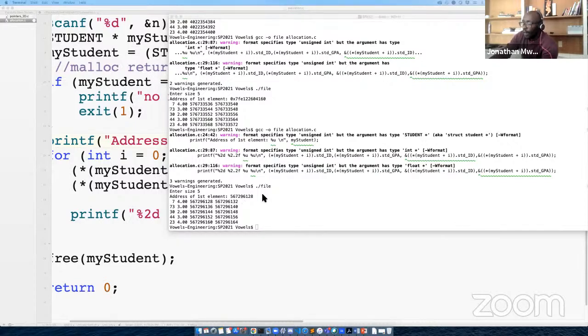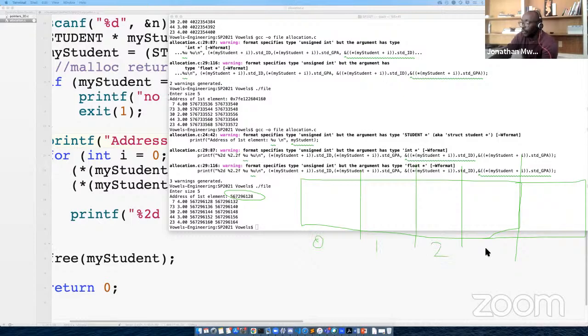Now this is the address of the first element. So if you are going to draw these 5 blocks, block 1, block 2, block 3, 4, and block 5 here, we have index 0, index 1, index 2, index 3, and index 4, because we said 5 items. The address of the first element is this one ending with 6128, which is here, right?